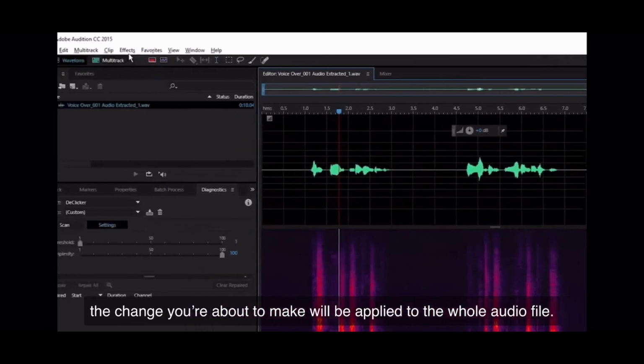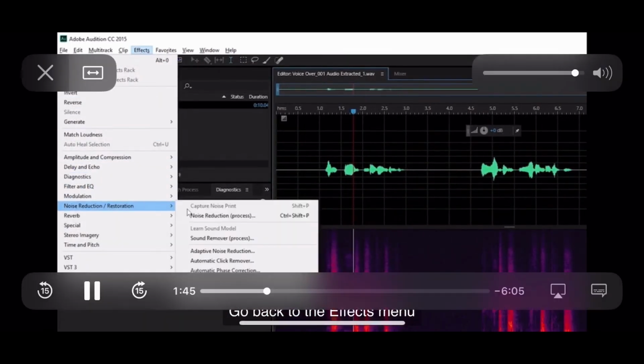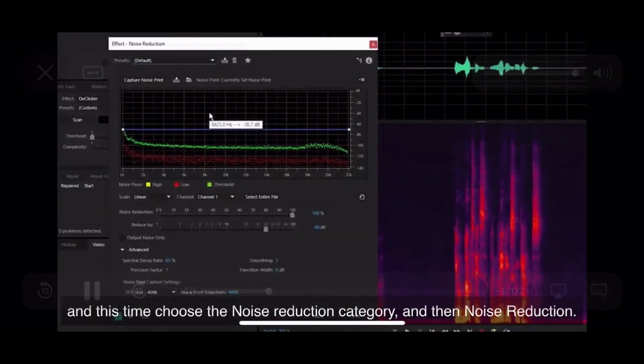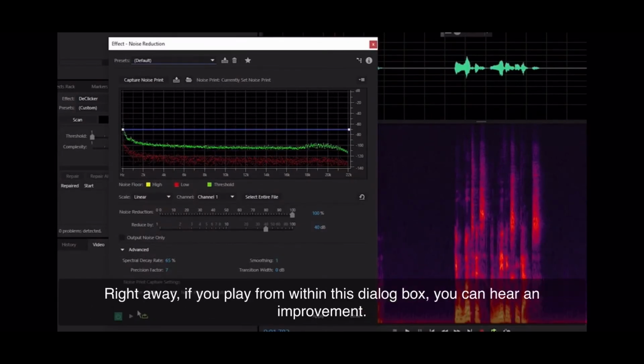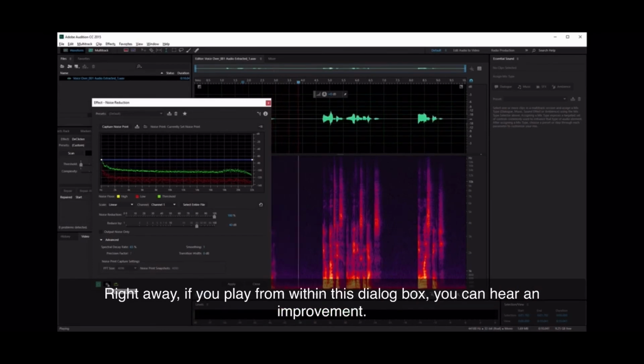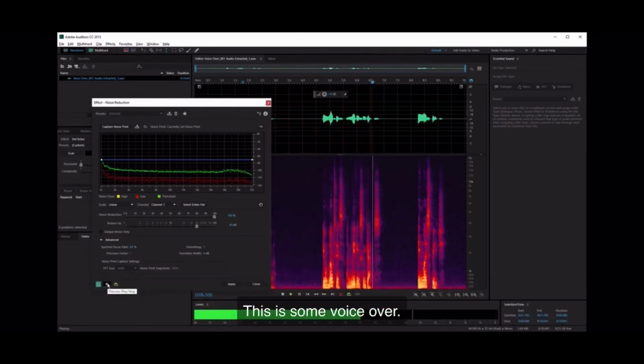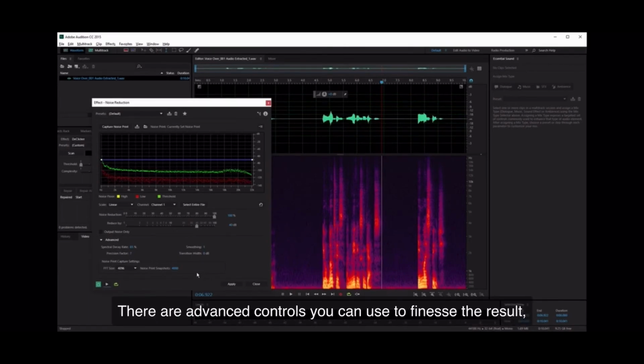Go back to the Effects menu, and this time choose the Noise Reduction category and then Noise Reduction. Right away, if you play from within this dialog box, you can hear an improvement. Here's some voiceover. You'll notice I'm leaving some gaps. There are advanced controls you can use to finesse the result, but I'm happy with the default settings for now,